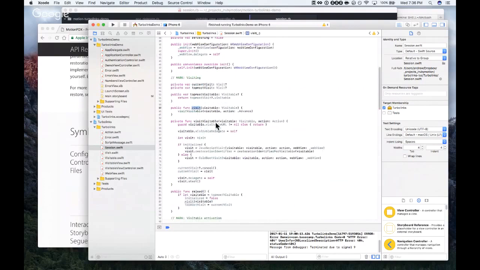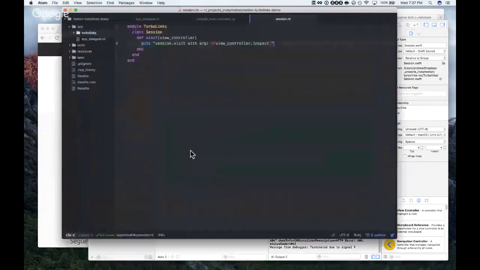Yeah, the visitable view controller implements the visitable protocol, with action advance. So let's try to implement a little more of this.